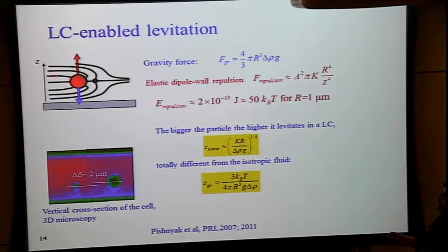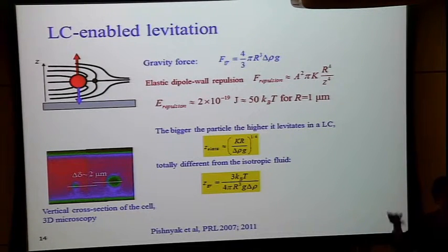Exactly. So of course we have gravity as usual, but then, if I'm going to listen to the gravity and pull the particle closer to the surface, the director gradients will increase, and that is not good. So I have elastic repulsion of the sphere from the bottom. And what is interesting, if you make the back of the envelope